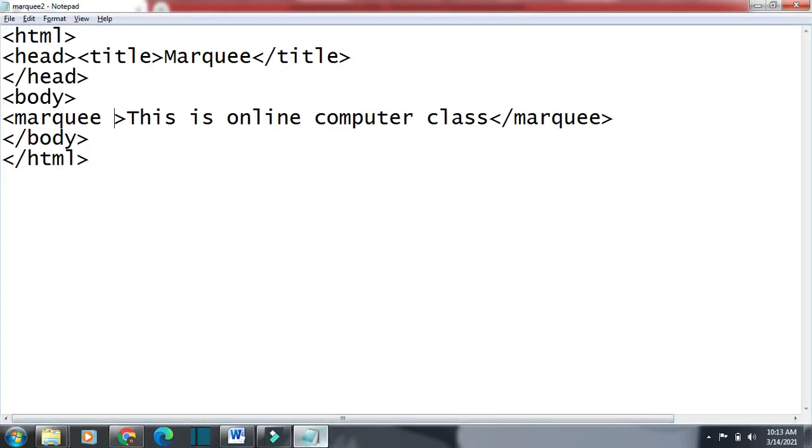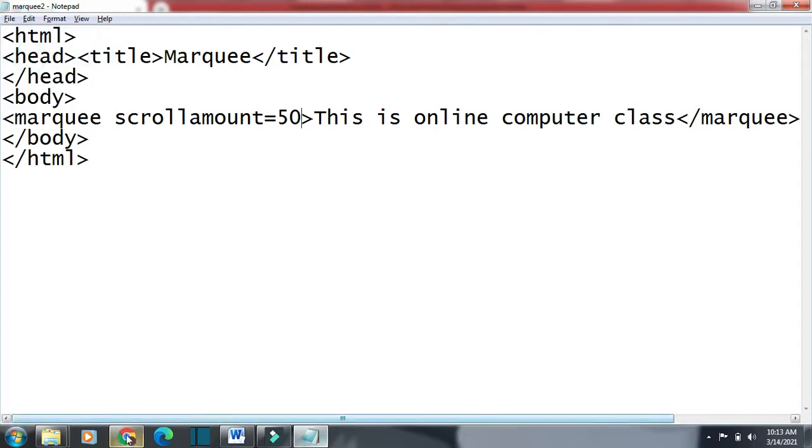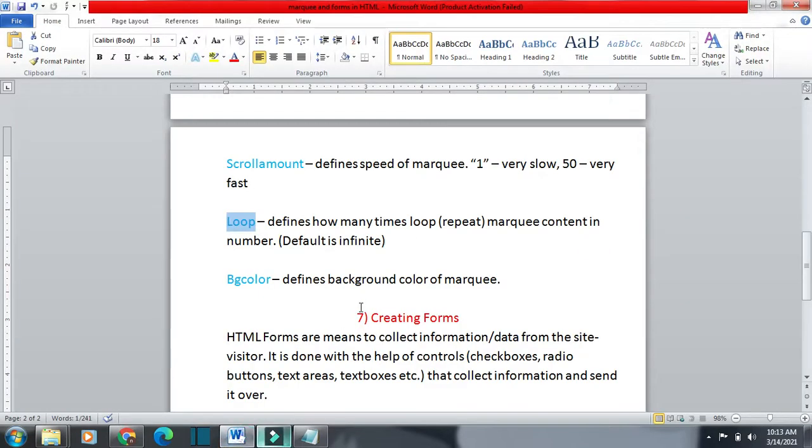If I give scroll amount as suppose 50, it will be very fast, and you can see how many times it is moving. Unlimited number of times. So by default, if you do not tell the computer how many times to scroll or move, it will go on and on forever. That is default. Default is infinite, meaning unlimited number of times.